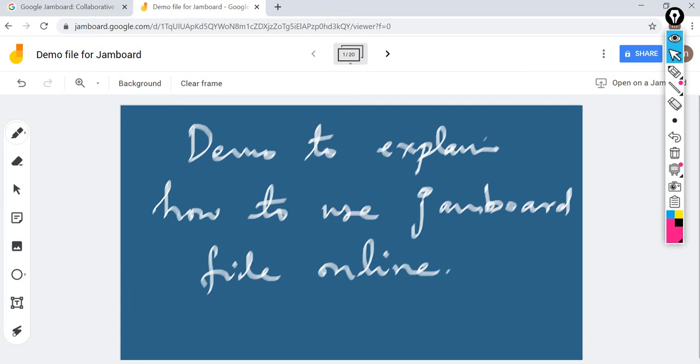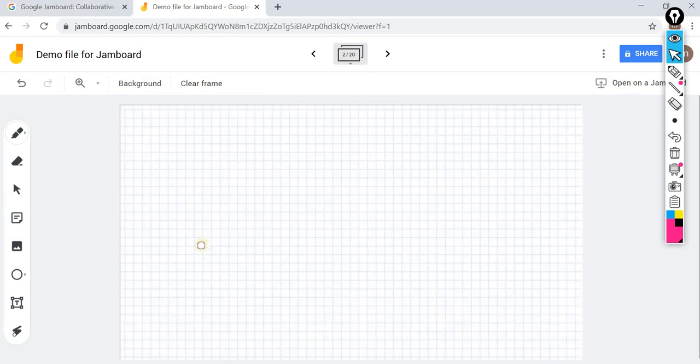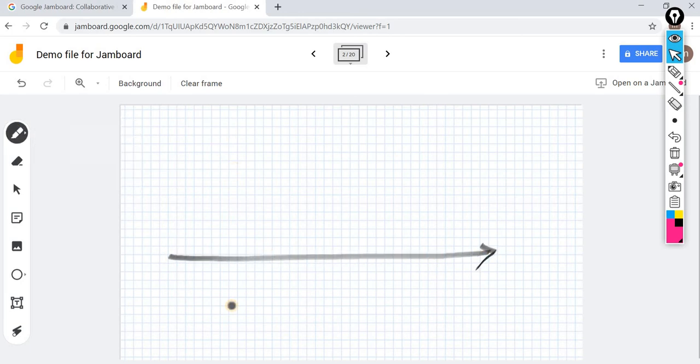Okay, now coming to the next slide. This slide is over, so I will come to the next slide. Again I have the chance to change the background. Suppose I say this one, I am using the graph paper now. So what I'll do now, I'll draw some lines, but with black I will draw it. If you feel that this is very broad, now let me write it like this: x-axis, y-axis.